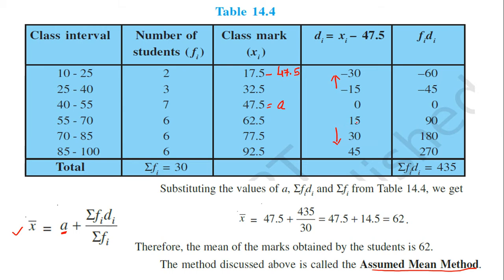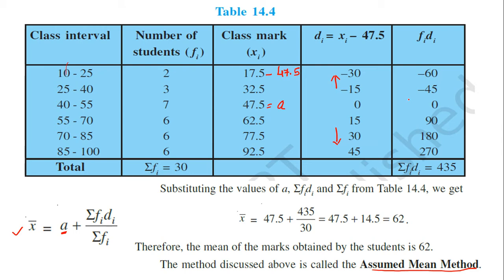One more thing, almost every time, I'm not saying every time, but almost every time this gap will be common, because here, as you can see, the gap is 15. See here 15, 30, gap is 15, minus 15, 0, gap is 15, 0, 15, 15, 30, 30, 45, you will get the same gap. Why the same? Because here the class interval is the same. And class interval will always be the same, otherwise it's not called class interval. Remember, class interval will always be the same every time.